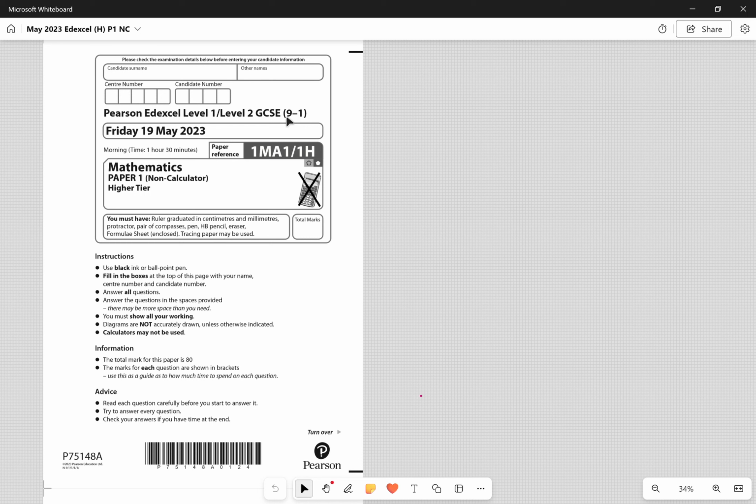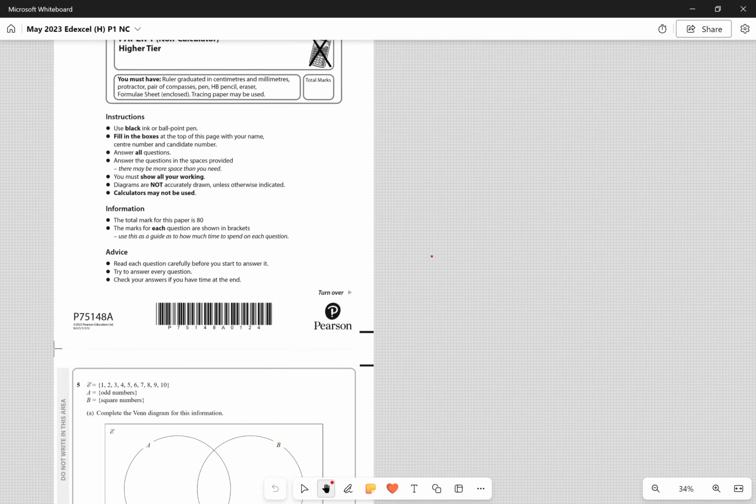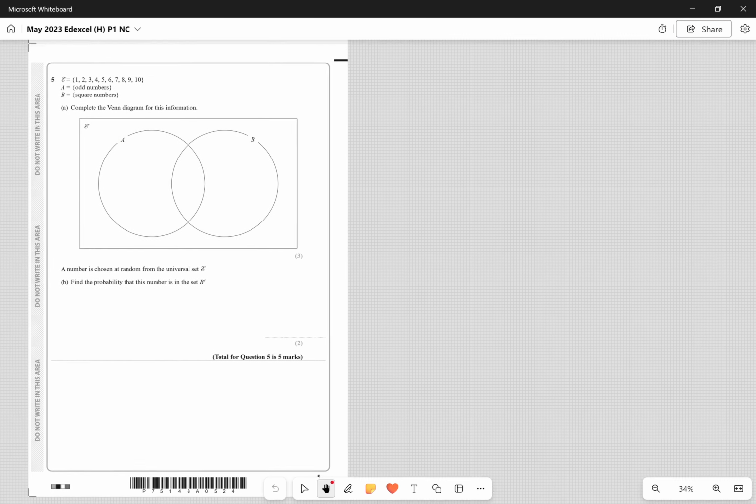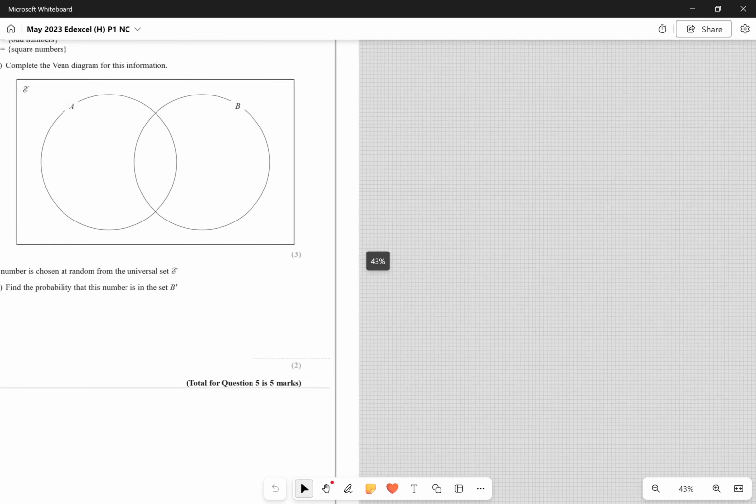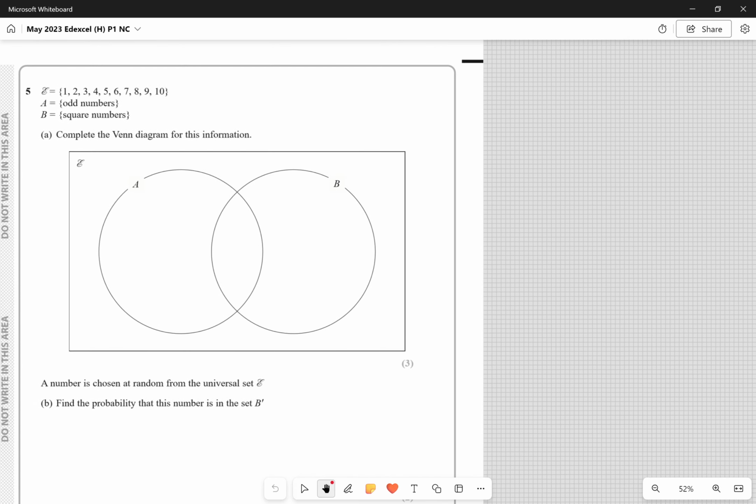Hello, today we're going to be doing the May 2023 Edexcel paper 1, the higher tier, which is a non-calculator paper. And we're going on to now question 5. Question 5 is, you can see some Venn diagrams and you can see some sets that they've given at the top of the page. So this question is about sets, about filling in a Venn diagram, because it says complete